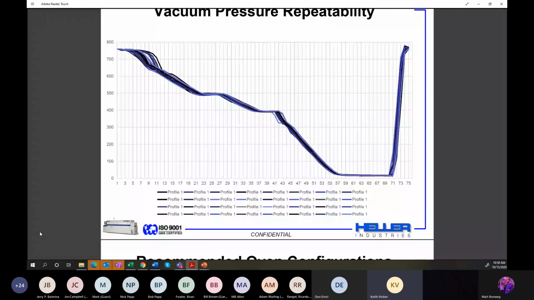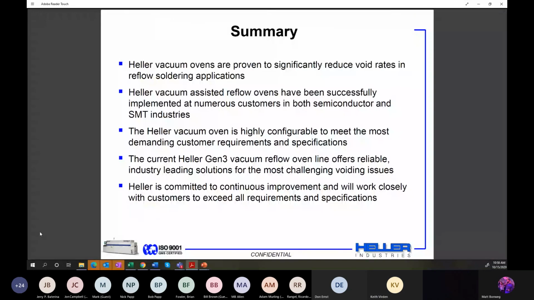This is just showing, again, stair step and repeatability. So you really need repeatability when you're coming down to the different levels. Go to the next one, Matt. Just try to get through this here. Next. No. And just in summary,